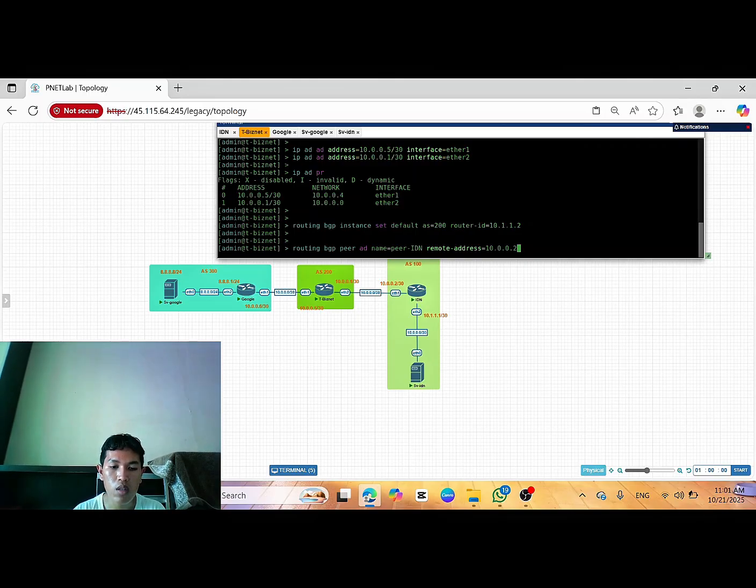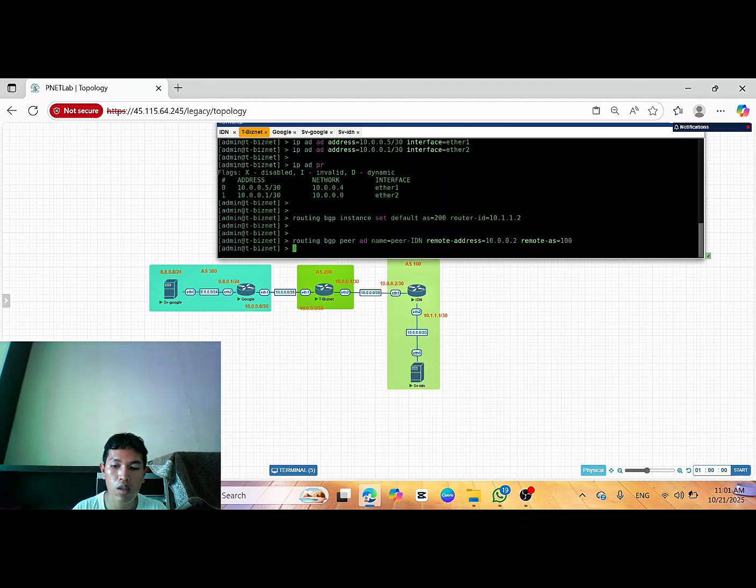10.0.0.2 without prefix, remote AS 100 as local AS. For Google, remote AS 300, remote address 10.0.0.6, because this is going from outside to inside, from Ether 1 to Ether 1.